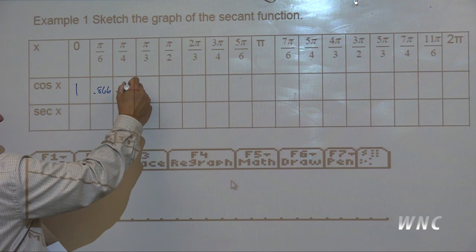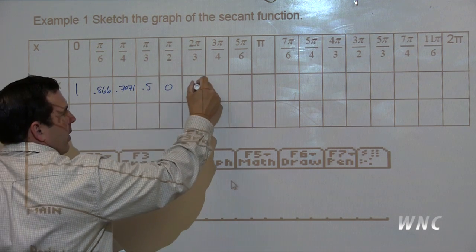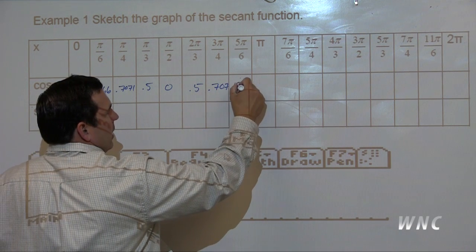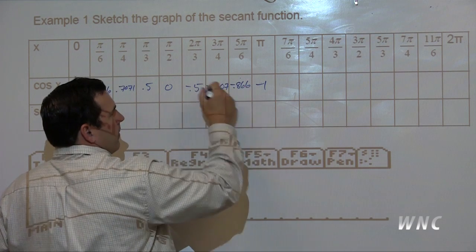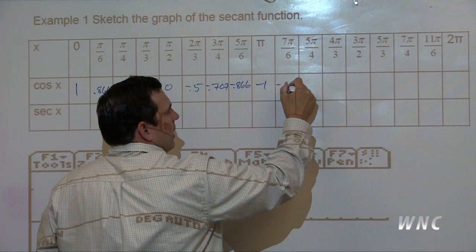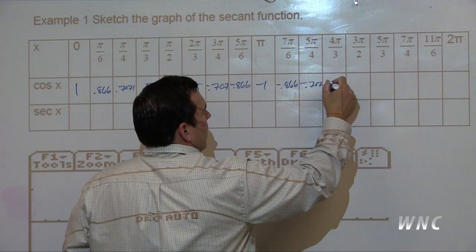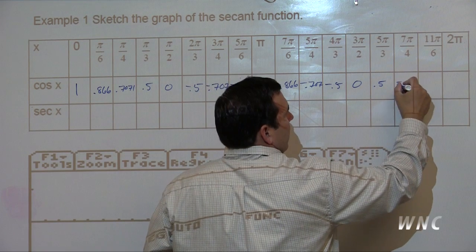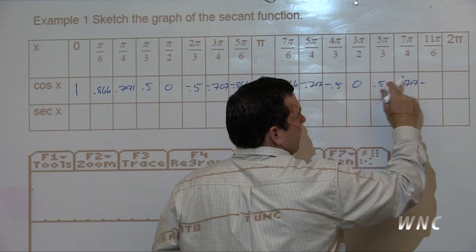That was 0.7071. Then we're at 0.5, then 0, 0.5, 0.707, 0.866, negative 1. Oh, these are negatives. Negative 0.866, negative 0.707, negative 0.5, 0, 0.5, 0.707,